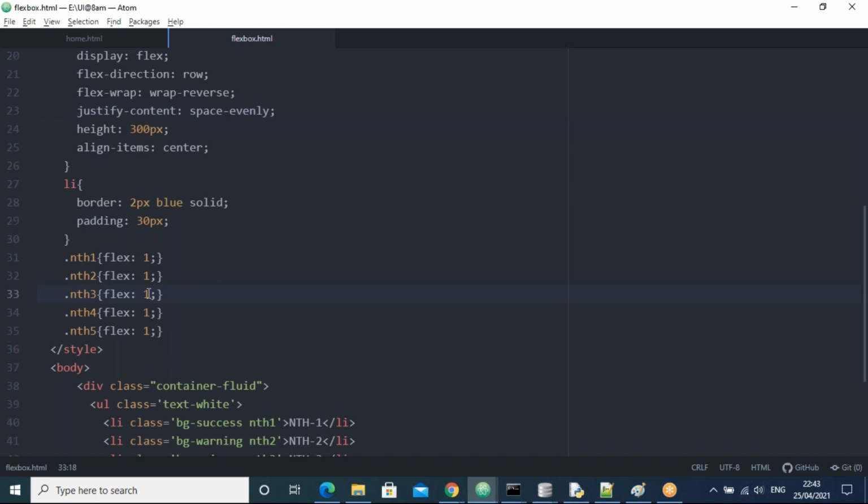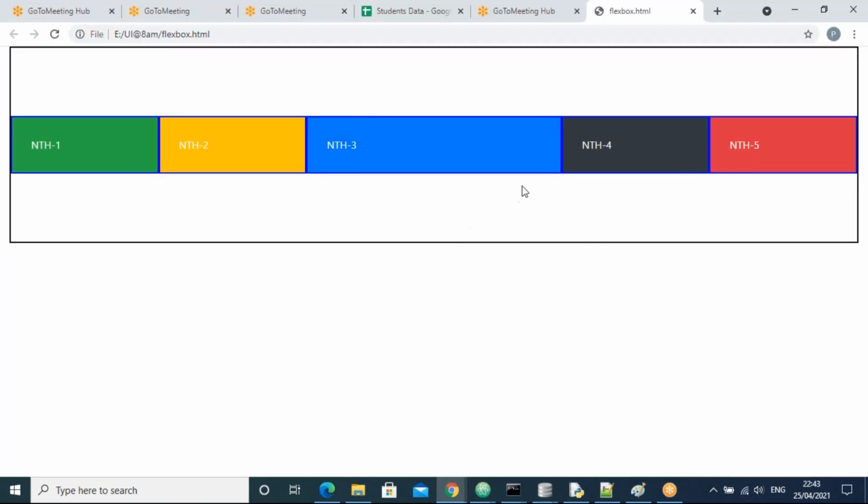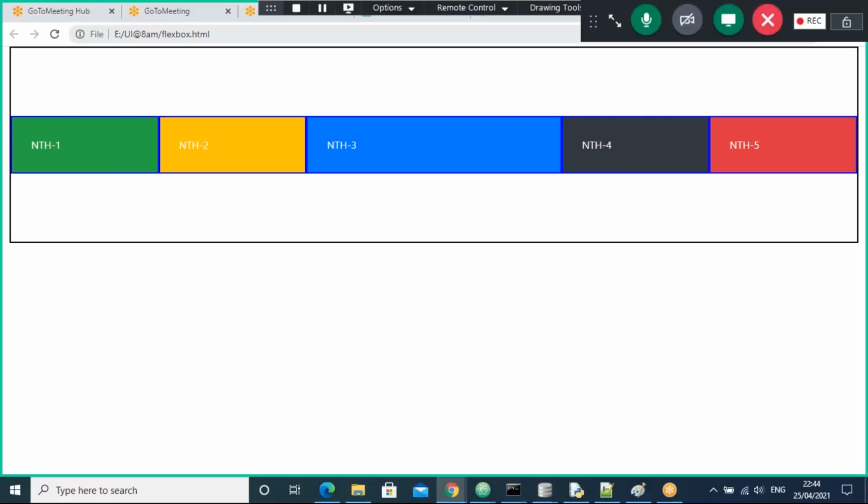So actually in the previous case, there were only 5 equal parts, right, guys? With flex 1 on all five boxes. Now for this one I am taking flex 2.